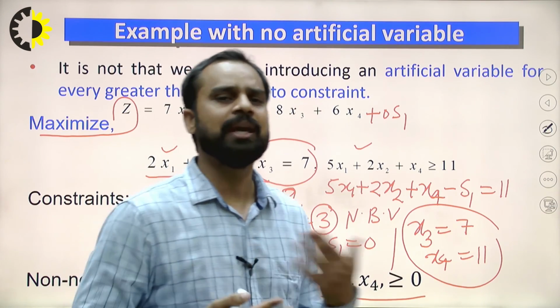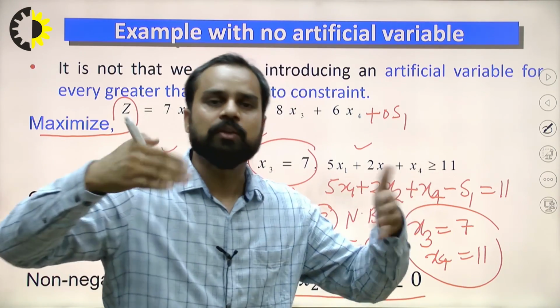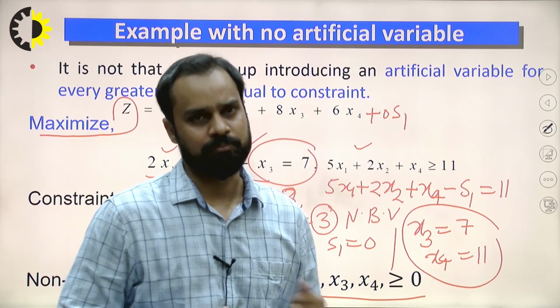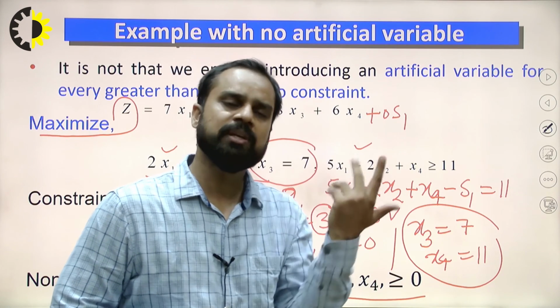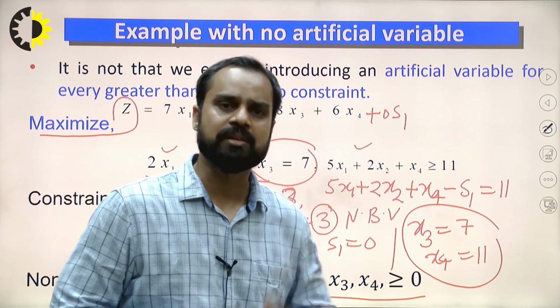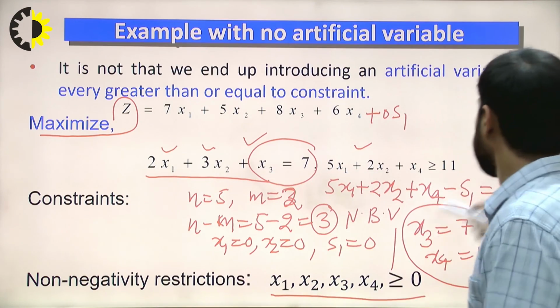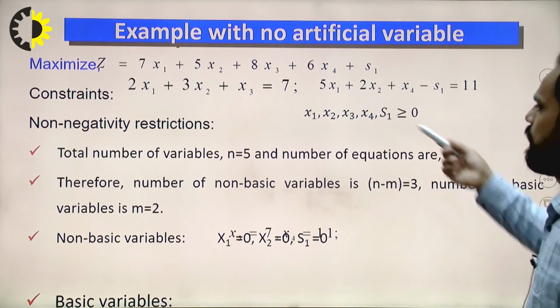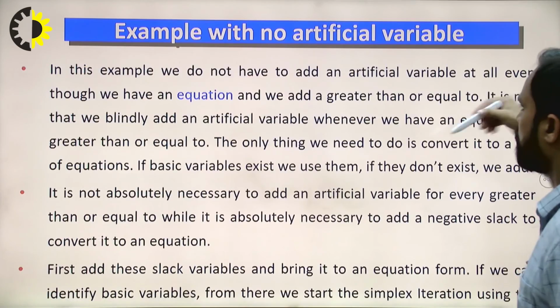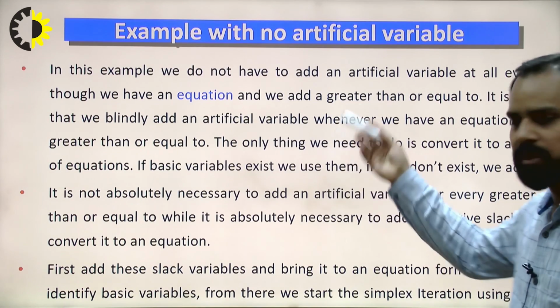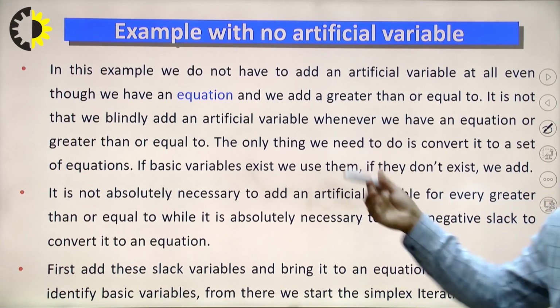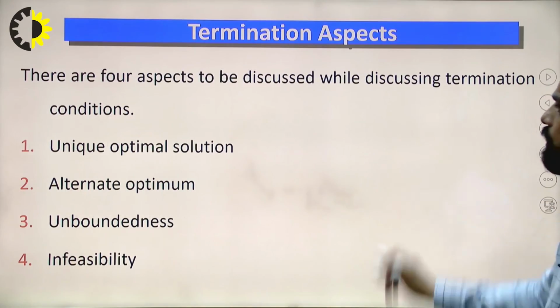Because if you are adding another variable, that means you are increasing the complexity of the problem, because in every iteration you have to perform the matrix operation. Right? So this way you can solve it. And this is the basic solution I have already discussed. These are the things I have already conveyed and written here. You can read it.